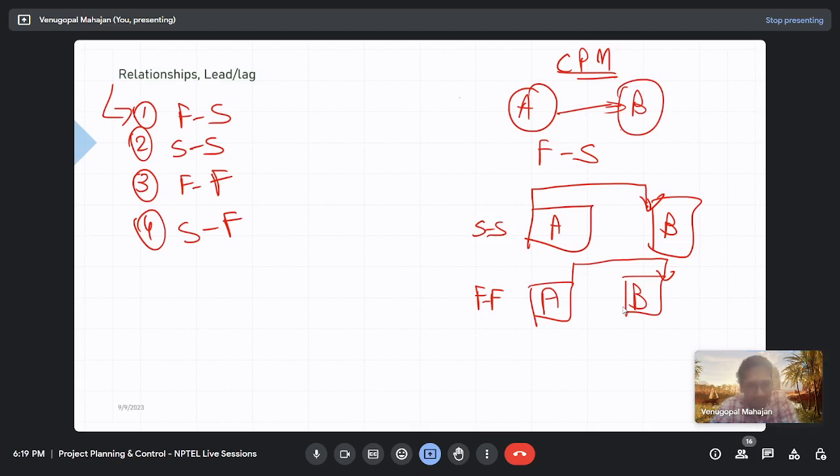Good evening, sir. For me, it can be excavation work and reinforcement work. Both can start simultaneously, sir. Okay, so you mean to say that once excavation work starts, your reinforcement work can also start? Yes, sir. For open foundation, we can do both works simultaneously, sir. Okay, so that is a start to start relationship, right? In the same example, can you say that your reinforcement work can only finish after your excavation work is completed?